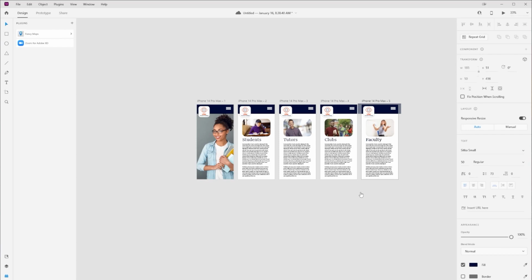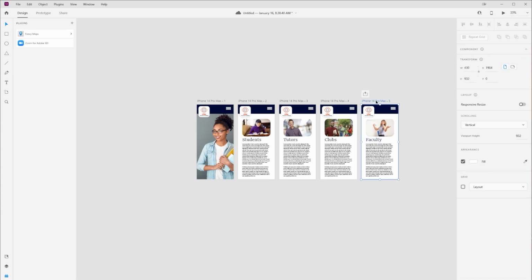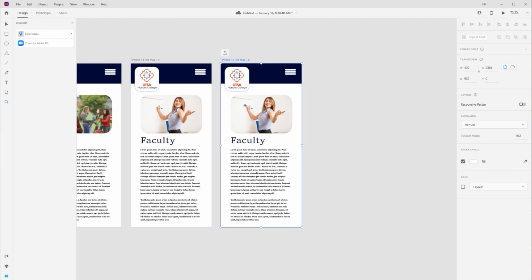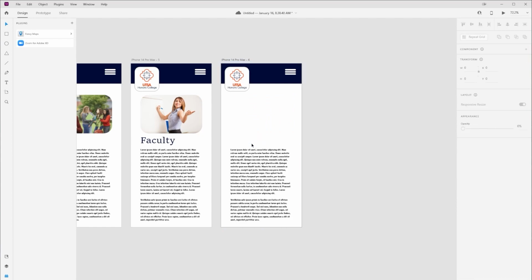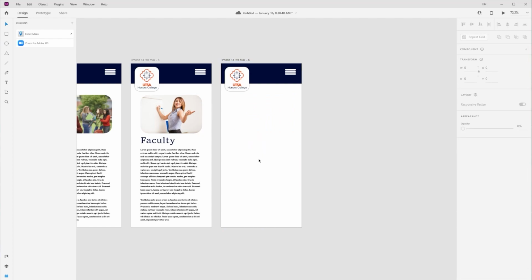All right, so now I have my app roughly built out, and I want to start to make it actually do something. So what I'm going to do next is make my menu system. To do that, all I have to do is click on this same thing here, hold down Alt, drag it over. Boom, I have that. I'm going to zoom in using my magnifying glass in this one specific piece. And I'm going to delete out my content because I'm just doing this as a menu system. It doesn't need anything but that menu option up here.